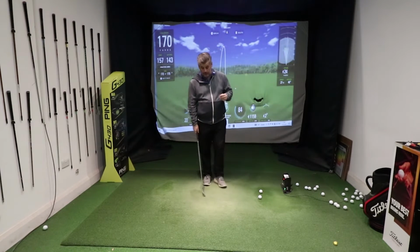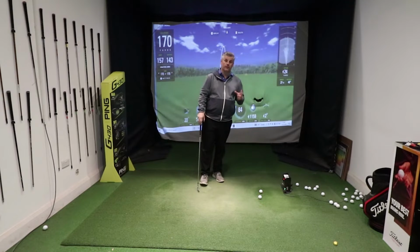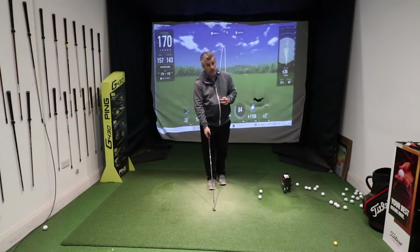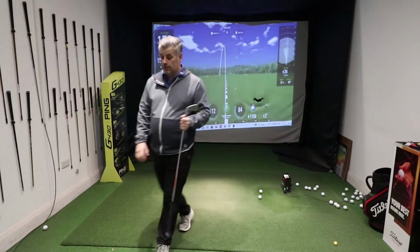Now, as you look down on these, I really like them. These are probably one of the best sets of clubs to look down on that I've seen for quite some time. It's a very thin top line, nice short blade length, and very little offset, which to my eye is something that I like. If I did a comparison